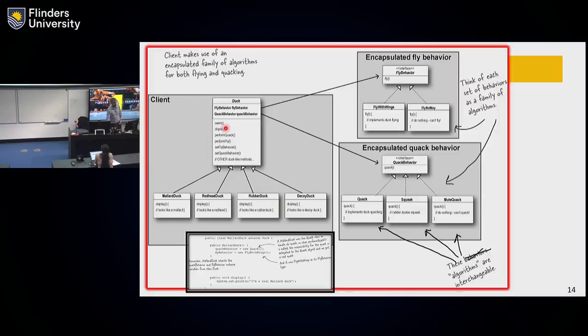You can see that this is a duck class, and in the final solution we are going for composition rather than inheritance. You will see that we have a composition over here. First of all,